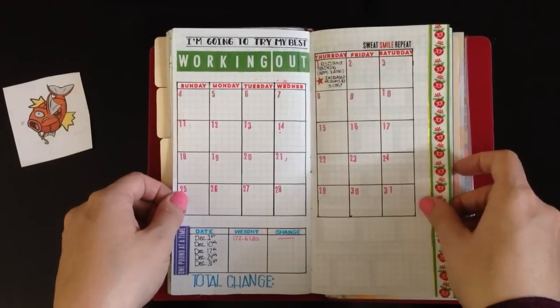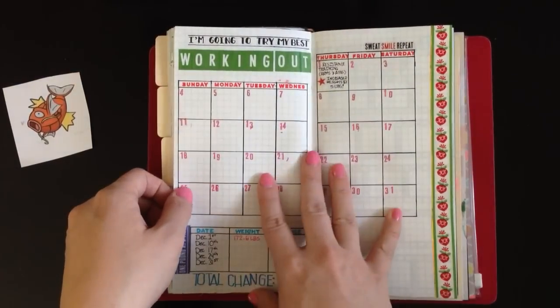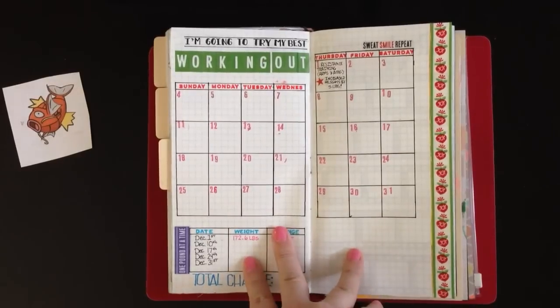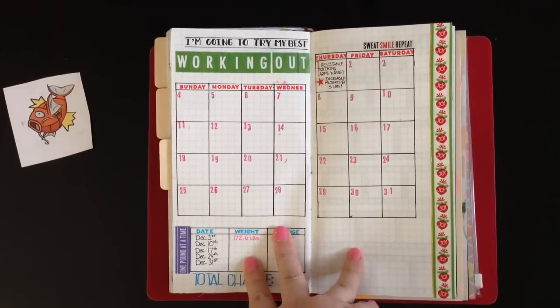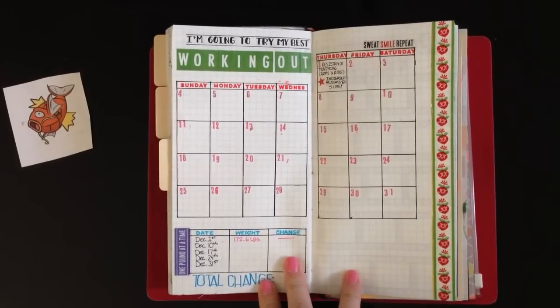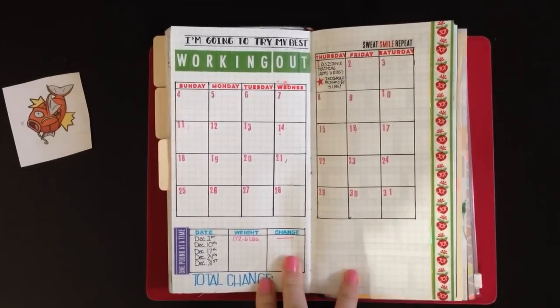Then I amped up my workout pages. So I just made a little note. I'm going to try my best because I don't know if working out in December is always doable, especially when we're going to be traveling for a lot of the month. But it's good to track what I do, I think, and I'm just not holding myself accountable for every single